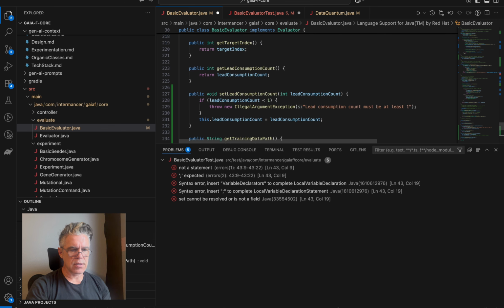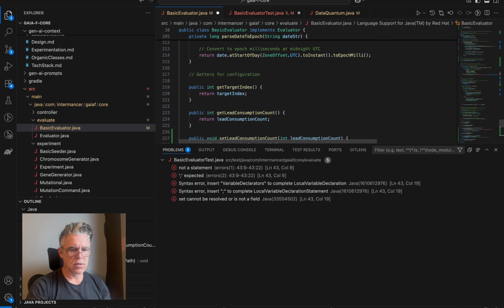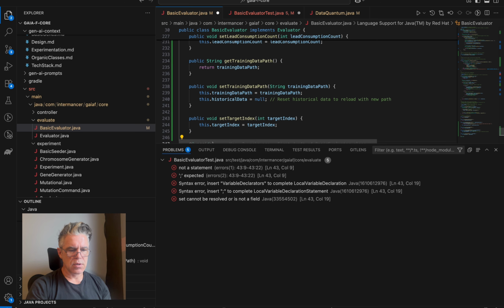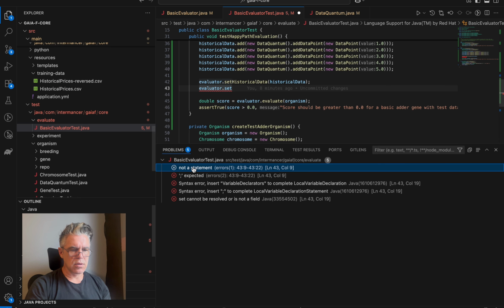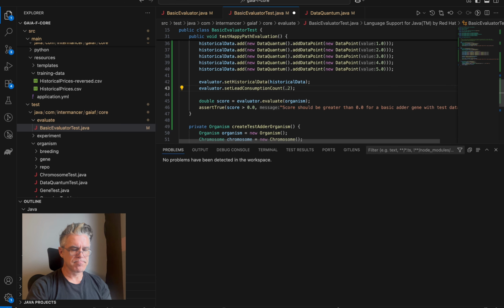Do I have get lead consumption count? Get target index. Get lead consumption. Set target index. Okay, I think I'm good there. Set. We'll set that to 2. Okay, so now it will evaluate it. So it does 1 and 2, and for each of those it adds 1. So assert true score, assert